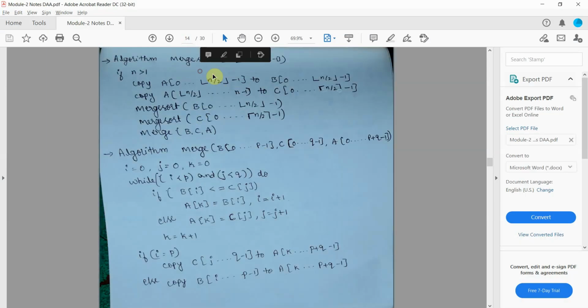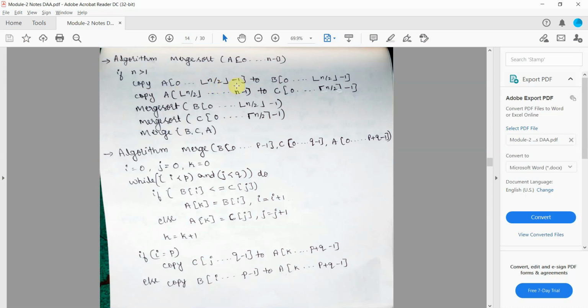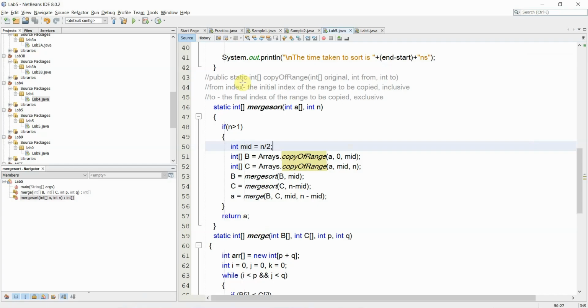So I have to copy the elements from 0 to n/2 minus 1. If you use the copyOfRange method, the elements in array A are copied from the starting index 0 to the last index mid minus 1, because the syntax of copyOfRange is such that the to index is the final index of the range to be copied, exclusive, which means this value is not included in the copying.